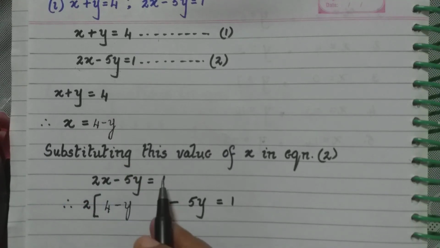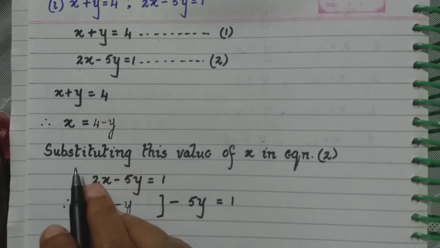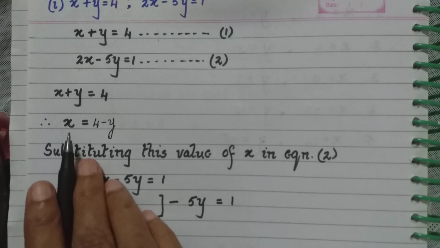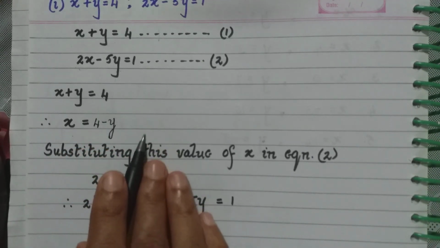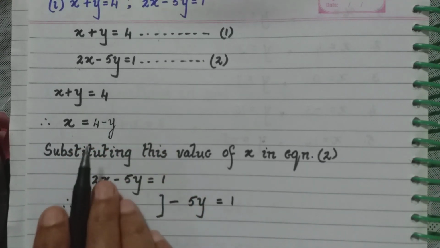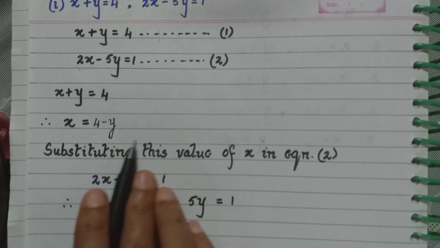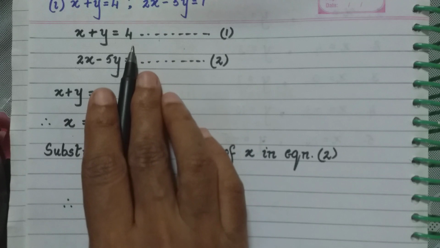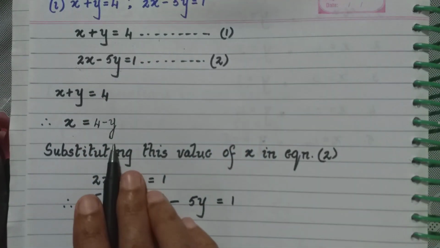So, this is what you should understand. You either substitute x or y values if both of them have the coefficient 1. If only one has the coefficient 1, you keep that on one side and take the remaining terms to the other side, and substitute the value you have got in the other equation, not in the same equation. We have used the first equation.